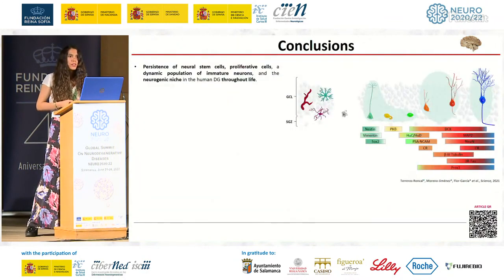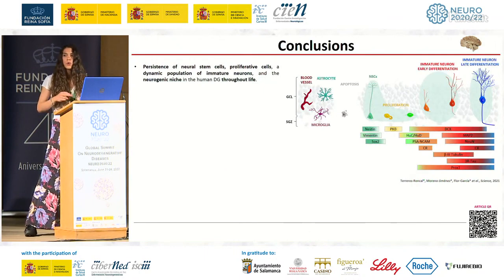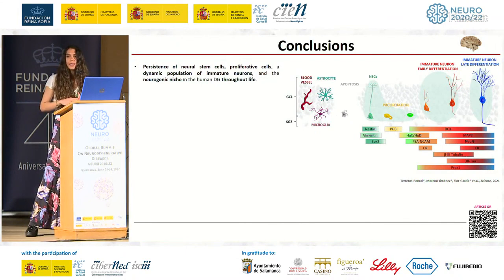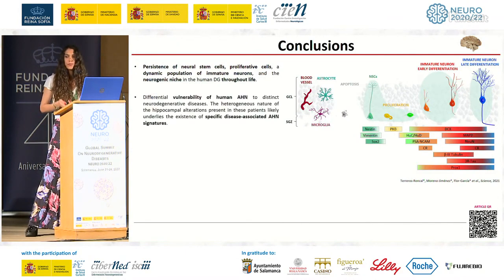So, in conclusion, our data support the persistence of neural stem cells, proliferative cells, a dynamic population of immature neurons, and the neurogenic niche in the human dentate gyrus throughout life. Moreover, our data support the differential vulnerability of human adult hippocampal neurogenesis to distinct neurodegenerative diseases. The heterogeneous nature of the hippocampus alteration present in these patients likely underlies the existence of a specific disease-associated adult